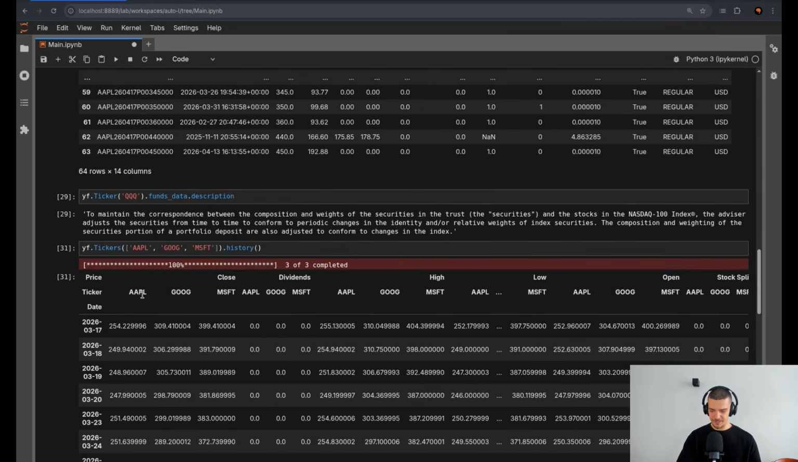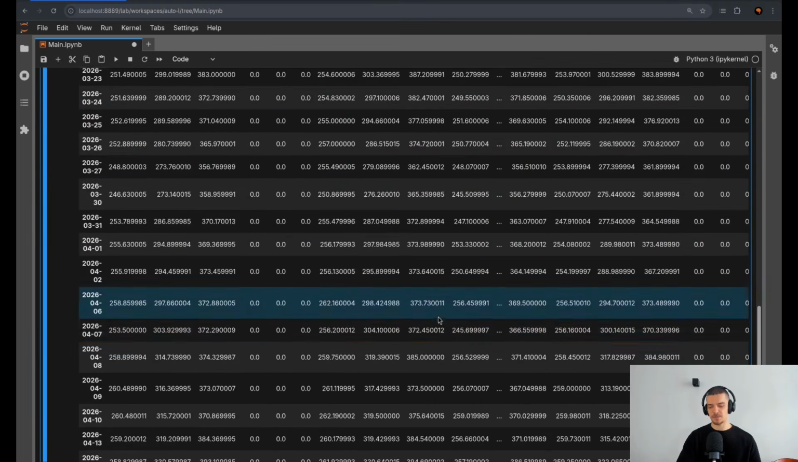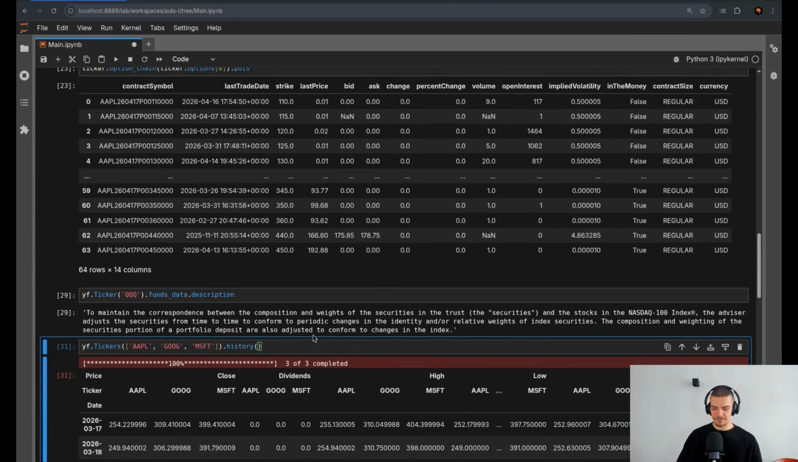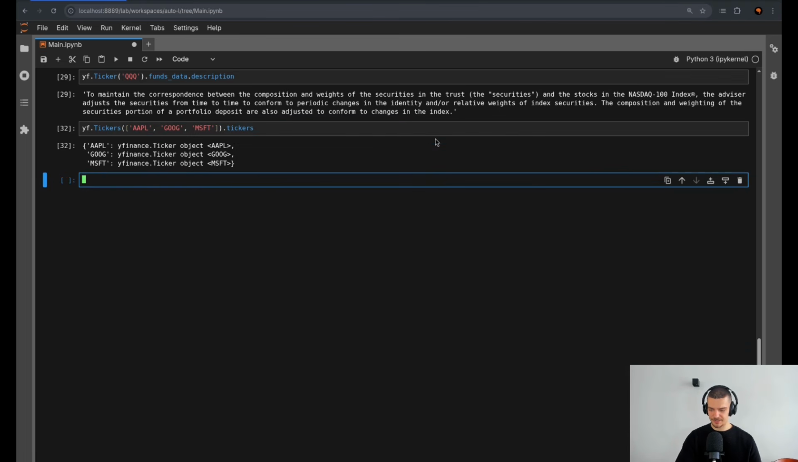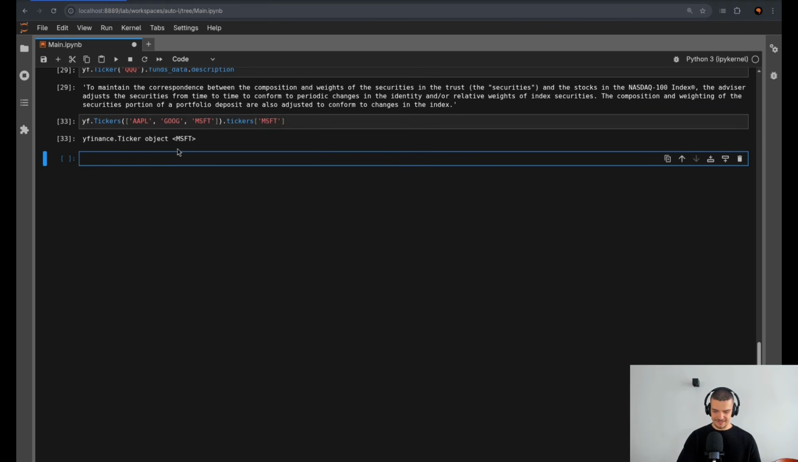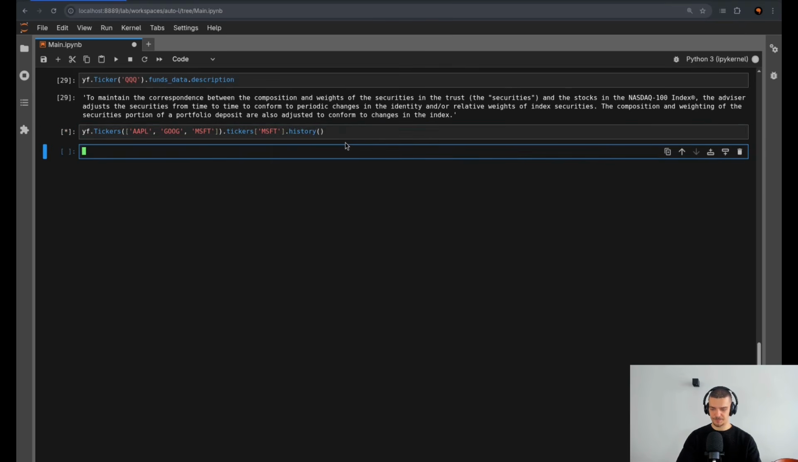So we have here the close price: Apple, Google, Microsoft; dividends: Apple, Google, Microsoft; high: Apple, Google, Microsoft, and so on. So if you want it like this, you can do it like this. You can also just go and say .tickers. This is going to give you the tickers objects. And then you can say, for example, I only want to get the Microsoft data. And then you basically have an individual ticker object again, and you can call history on this one, same as